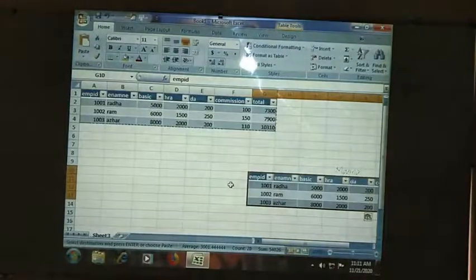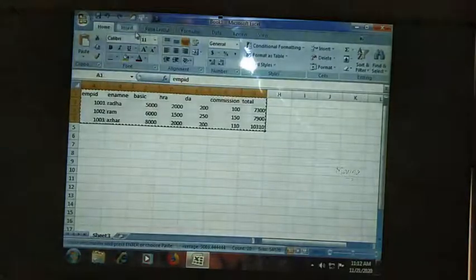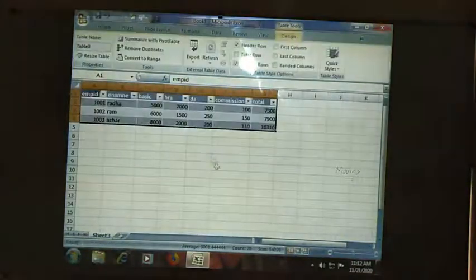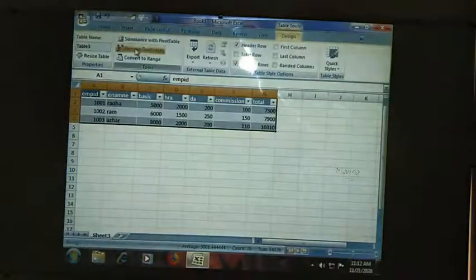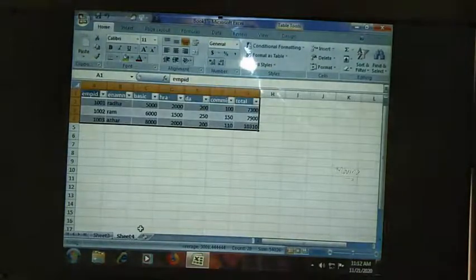This is how we use the shortcuts to move the table content from one cell to other cells. You can modify the content wherever you want in the worksheet, or you can go to some other worksheets also. Suppose I do the undo, select this particular table, convert it into a table, and click on OK. When I have selected this part, I will press Ctrl X, go to one more sheet, and press Ctrl V. Like this you can move your content from sheet 1 to sheet 4 or sheet 3 to sheet 4. Like this, we will be moving the content of one worksheet to another worksheet.